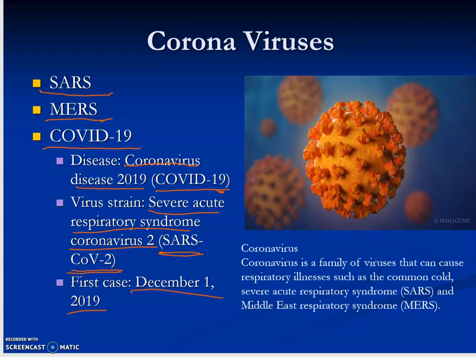And so here, coronaviruses, it's a family of viruses, and they can cause respiratory illnesses such as the common cold. So it can cause just a common cold, but then they also can cause severe acute respiratory syndrome, SARS, or Middle Eastern respiratory syndrome, MERS. And so here I have SARS and MERS. Both of them are closely related to the COVID-19 that we're dealing with right now. They're all in the family of the coronaviruses, but COVID-19 can cause severe problems in quite a few people, actually. So the disease name for your pathogen sheet would be